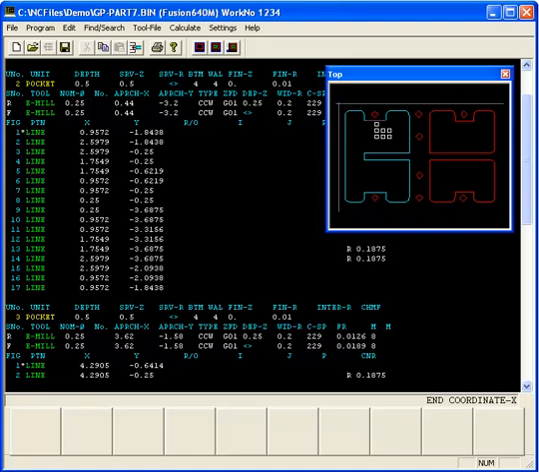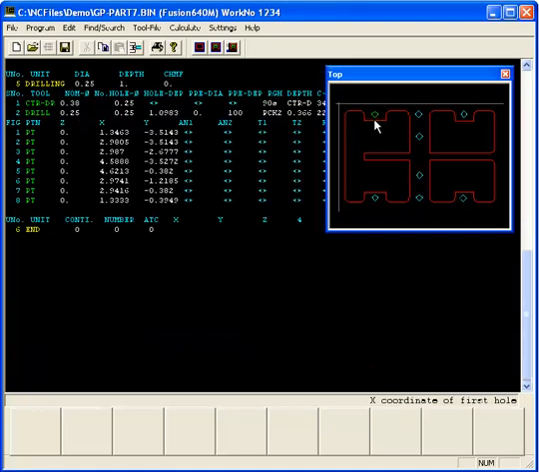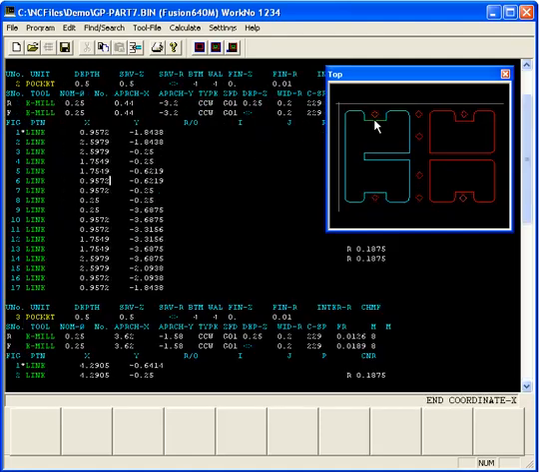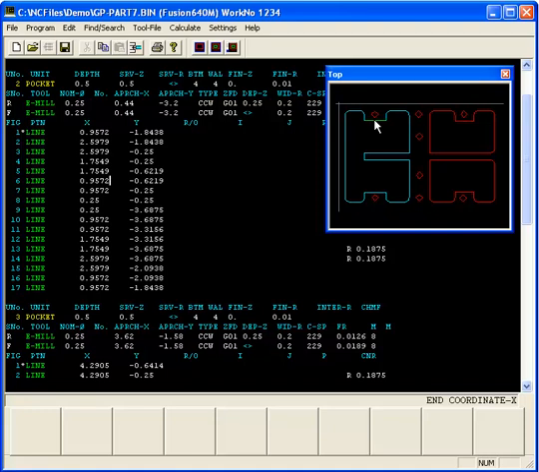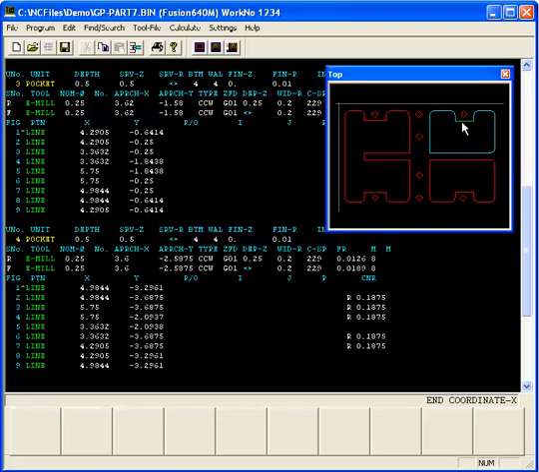If I click on it the first time, it goes to the first one. I click on it the second time, it goes to the next, and so on. It will cycle through the various shapes that are near where I am. So you just click multiple times and you'll get the various selections of where you're at. See how that works? Okay, there you go.